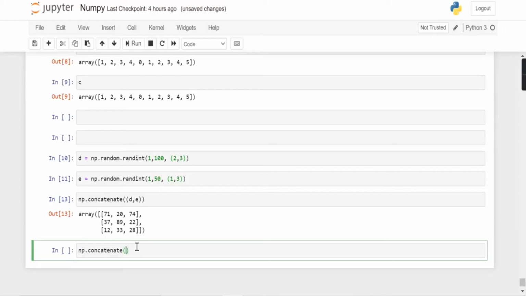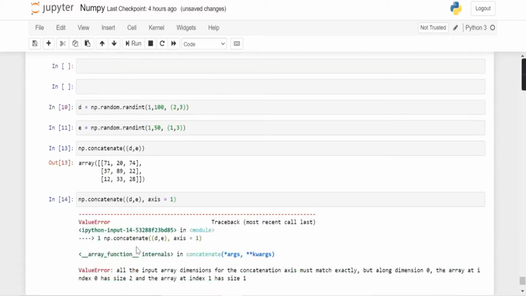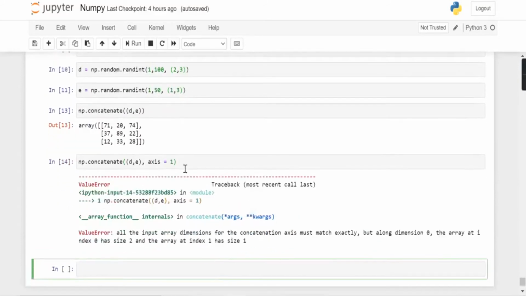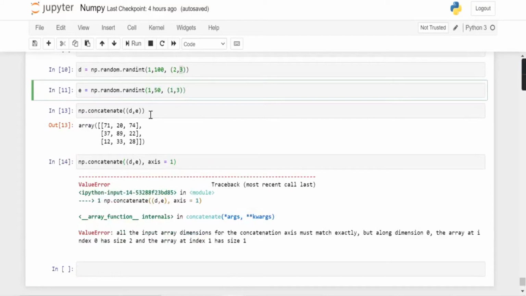np.concatenate of D comma E, in which axis equals 1, and when we run it we got an error. Why is this so? When I try to concatenate 2D arrays, let's say on axis 0, the other axis, that is axis 1, must have the same size. Only then will we be able to concatenate both the arrays, otherwise we won't.